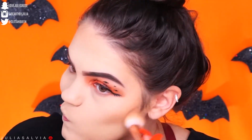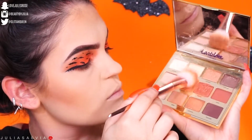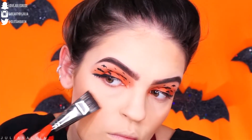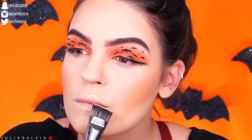I use the Estee Lauder Bronze Goddess to bronze up my whole entire face. And for blush and for highlight, guys, I actually use the Tartelette Toasted palette. I used the orange shade as my blush. I was just very light-handed with it. Didn't go too heavy-handed, only because of how pigmented the shadow is. And then I used the shadow above it to highlight my whole entire face,